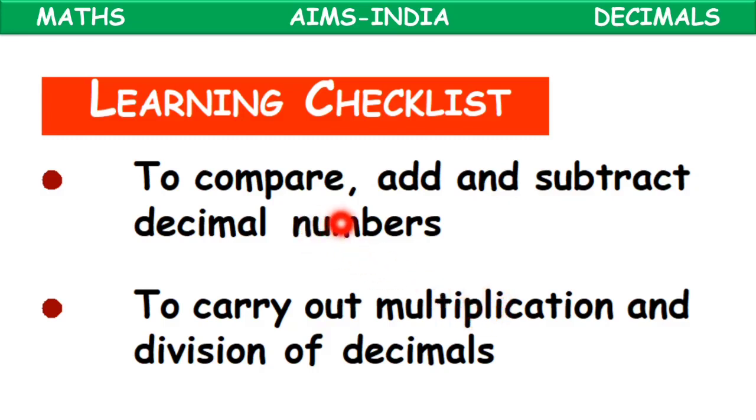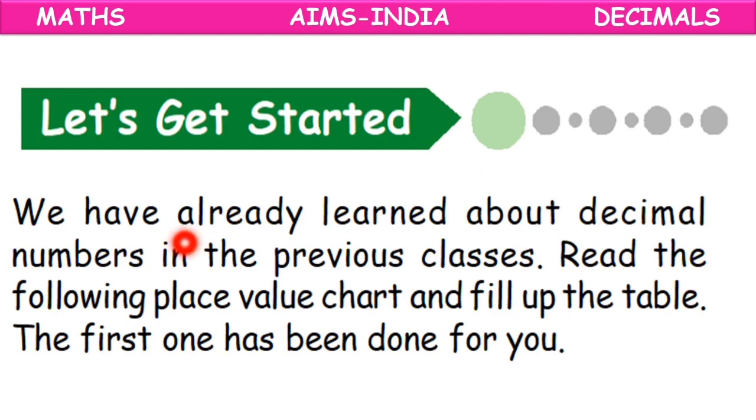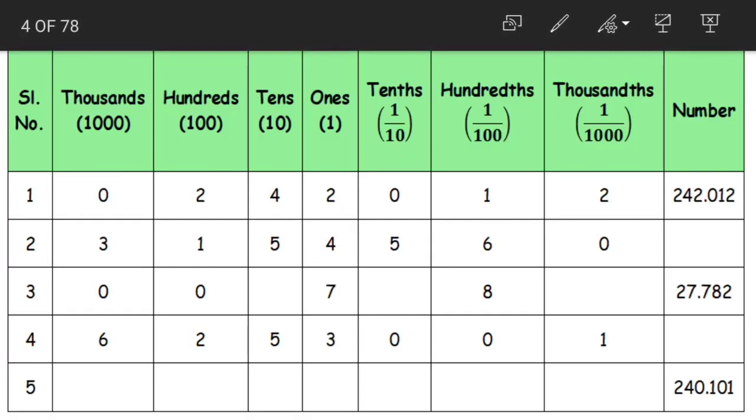We learn how to compare, that is we'll find out which decimal is the greater one and which is the smaller one, and then we'll learn how to add, subtract, multiply and also divide our given decimal numbers. So we have already learnt about decimal numbers in the previous classes. Read the following place value chart and fill up the table. The first one is done for you. Now some of you might have already learnt about decimals in your previous classes, but for those who do not know what decimals are,